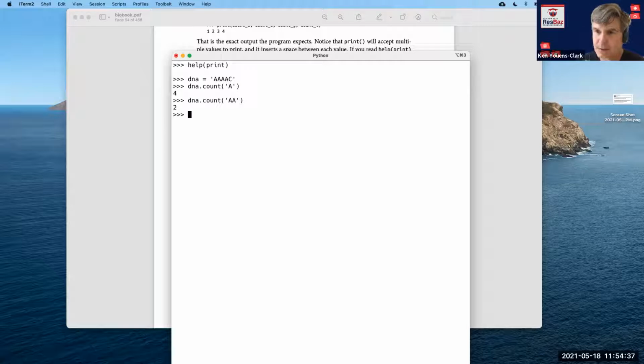So it finds a substring, and they're not overlapping substrings. So basically count will look for how many times one string occurs inside another. That one string can be a single base, a single character, or some longer string. And what's nice about this is that it's safe to use. Like if I try to count the T's, there are no T's and it returns 0.